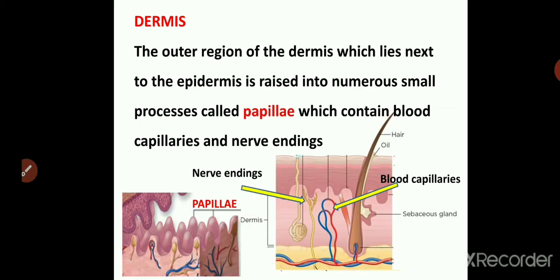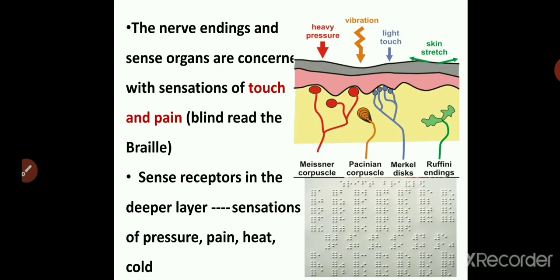Okay. Then coming to the dermis part again, that is the papillary region. This papillary region, the papillae, the folds, you can see very clearly shown in the first diagram. The projections which are there, the ridges and the grooves, are raised into numerous small processes, and those are called the papillae, which help to fit between the epidermis and the dermis. And they contain lots of blood capillaries as well as nerve endings. Those are shown very clearly in the adjoining figure.